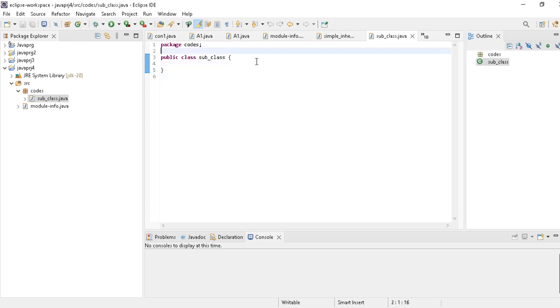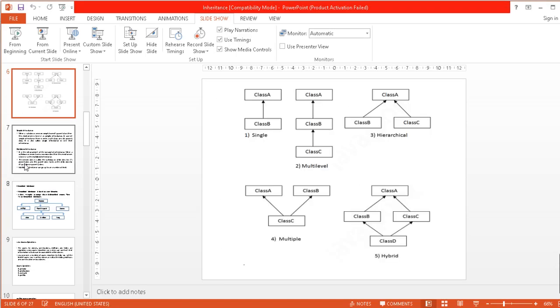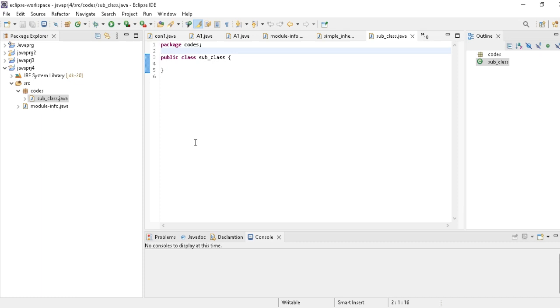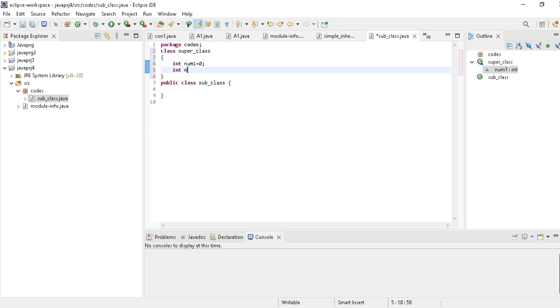And now what is inheritance? Inheritance, as we see, is a base class and a derived class. So we'll implement this single inheritance where there is one base class and one derived class. Okay, so here I am writing class super_class. हमने एक क्लास बनाई जिसका नाम है सुपर अंडरस्कोर क्लास, ठीक है। और इसके अंदर हम पहले देंगे कुछ एट्रीब्यूट। हमने यहाँ दे दिया int num1 = 0, int num2 = 0। ओके, सो व्हाट इज दिस? दिस इज द एट्रीब्यूट्स,